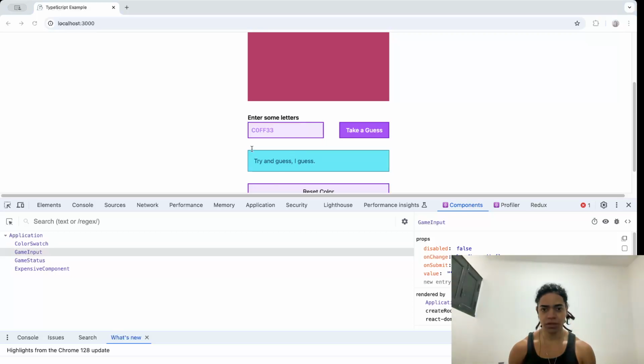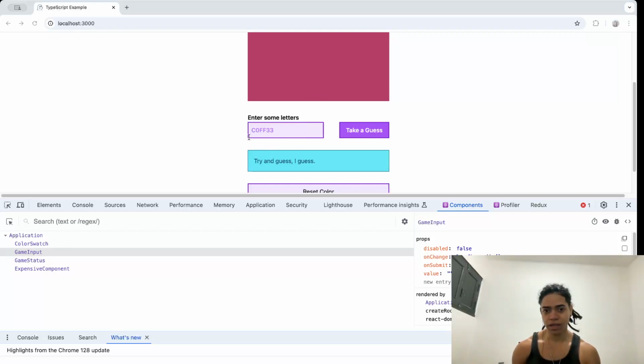By looking at our code, the component guess input is saying something like this. So when we are passing down to that, anytime we are updating this,